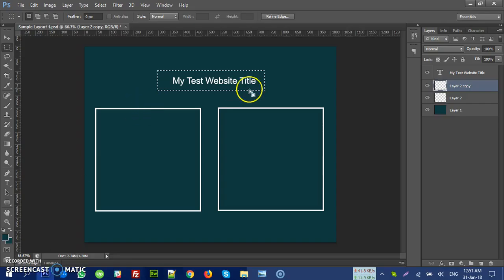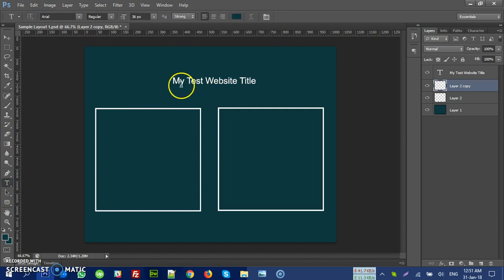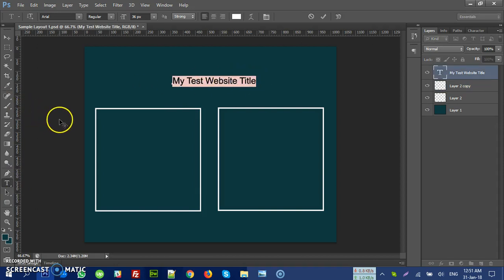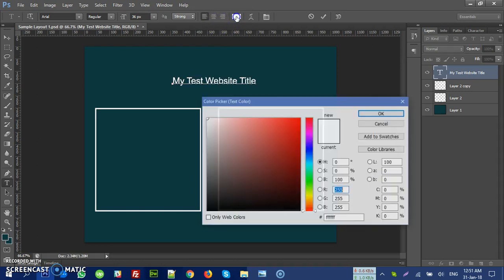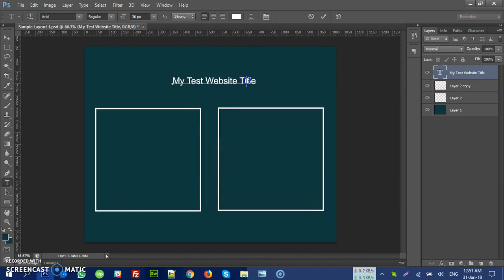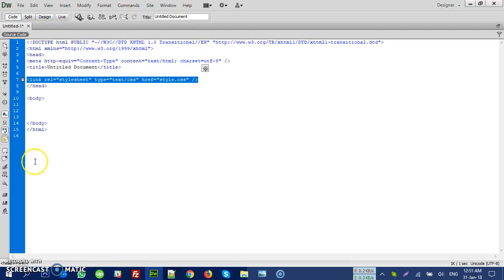So what it shows here: you click on the text, select the text, and you will be able to see the characteristics of this text. Like font family, here it shows Arial, then the font size, which is 36 pixels, and the color of the font is, click on this, simply white. So the FFFFFF is the white color, so the font color is white. So now we have a